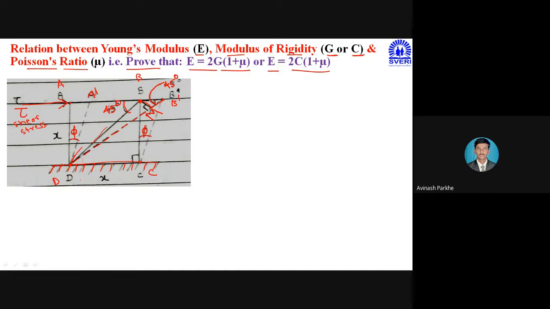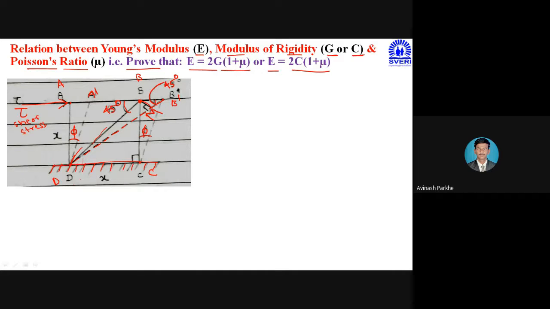Okay, then from this particular point B, I have drawn one perpendicular line, and that perpendicular line comes in contact with this particular diagonal B dash D, and you will get the new point. And the two angles we also got. This is the 45 degree at this particular right side. This is also 45 degree.